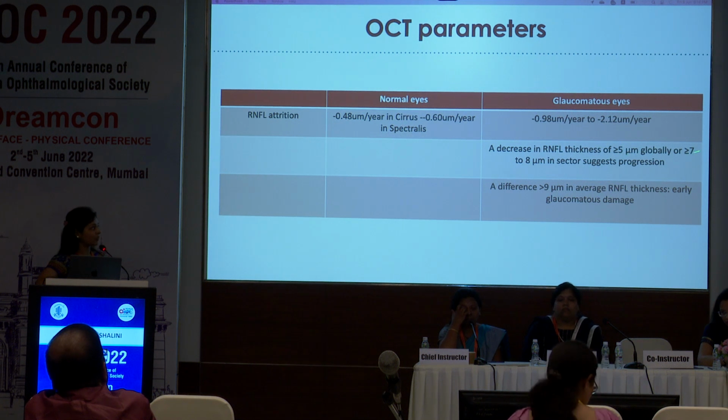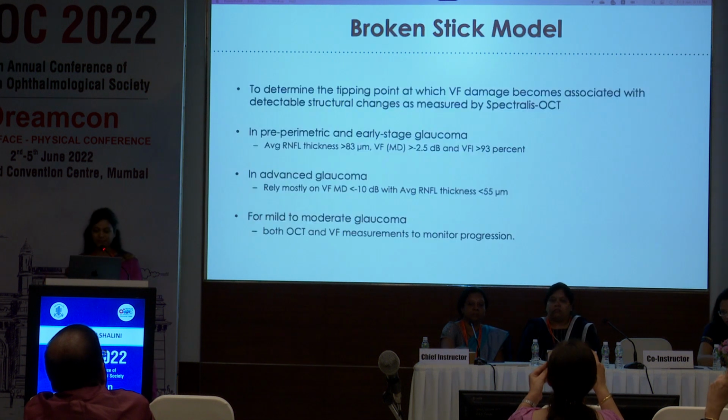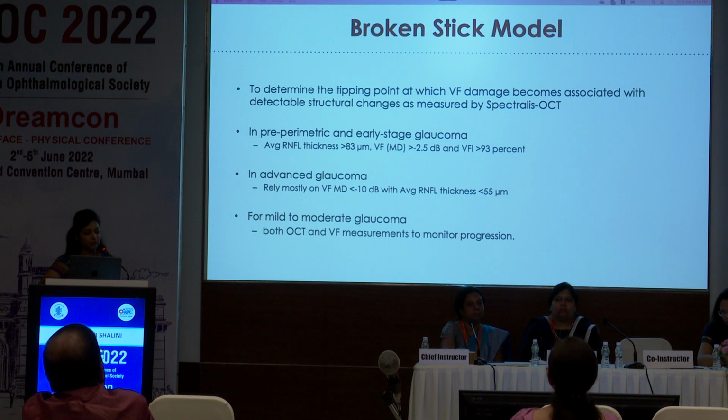And in any one sector by more than 7 to 8 microns, it is definitely progression again. And when we compare between the two eyes, a difference of more than 9 microns is indicative of early glaucomatous damage. So we must also corroborate these imaging with the visual fields, and there is a nomogram,